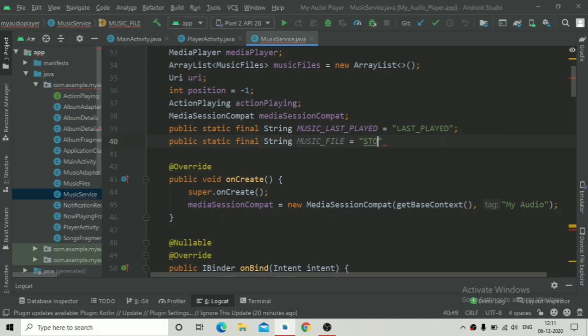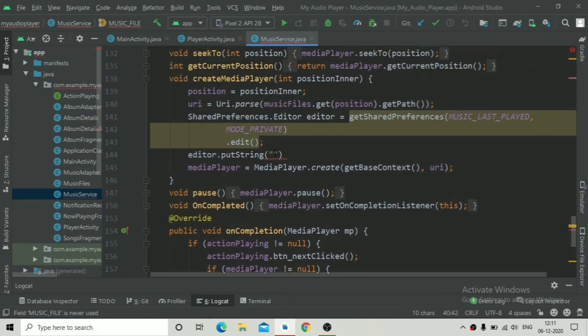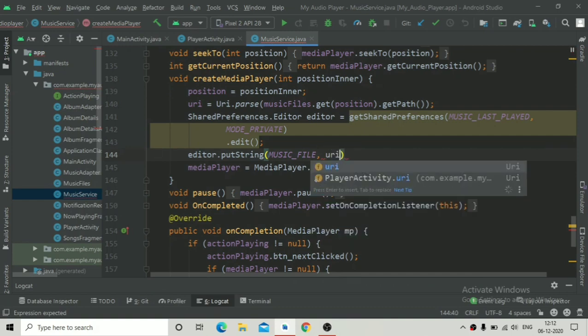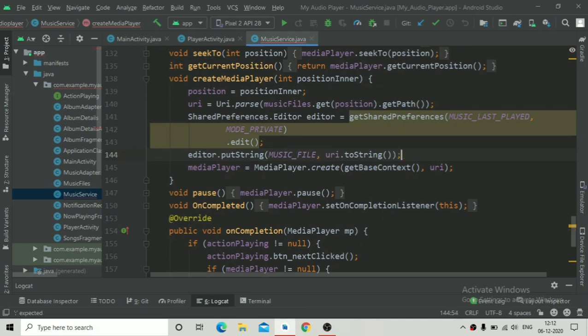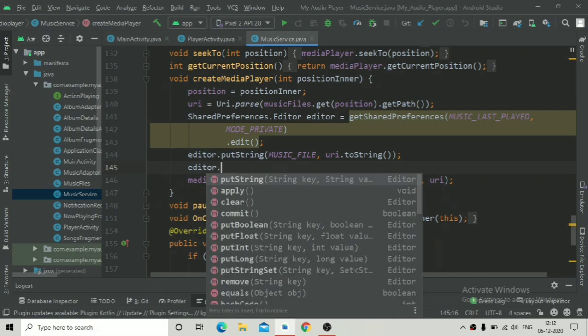The value should be unique. So just write stored music, and then just copy this, and over here you have to paste it, or you can write it on your own. And then we will have to pass a uri dot toString, because we are going to store the uri, means the path, as a string value.